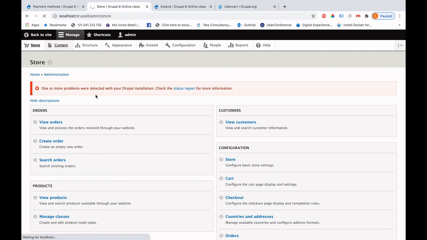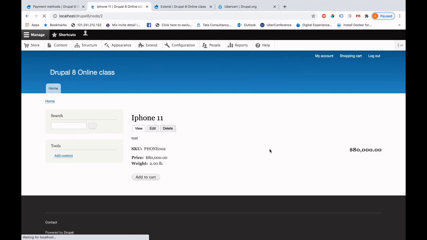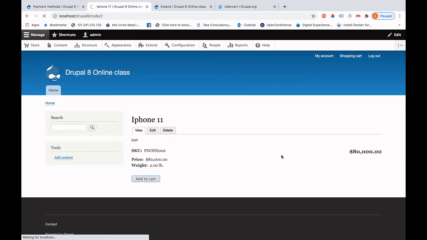Now let me add one product to the cart. For example, if I want to buy the iPhone 11, let me add it to cart.